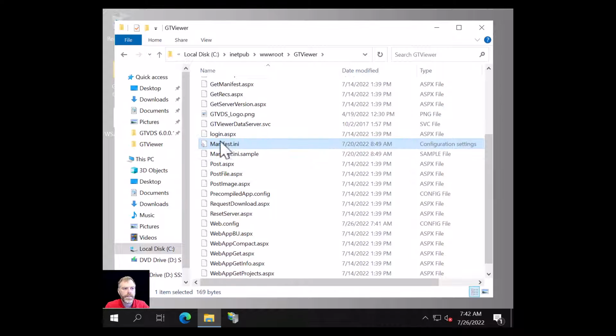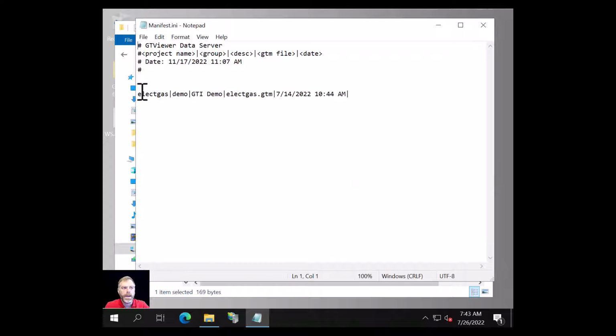If we look inside this file, it basically defines what projects we have that we want GTViewer data server to provide, and it's electgas, which is the name of the directory, the group it's in, which is demo, a name that you can give it, GTI demo, and the GTM file in that electgas directory. There is a date here at the end. This isn't used anymore, but something has to be in this field because there can be more fields later on here.